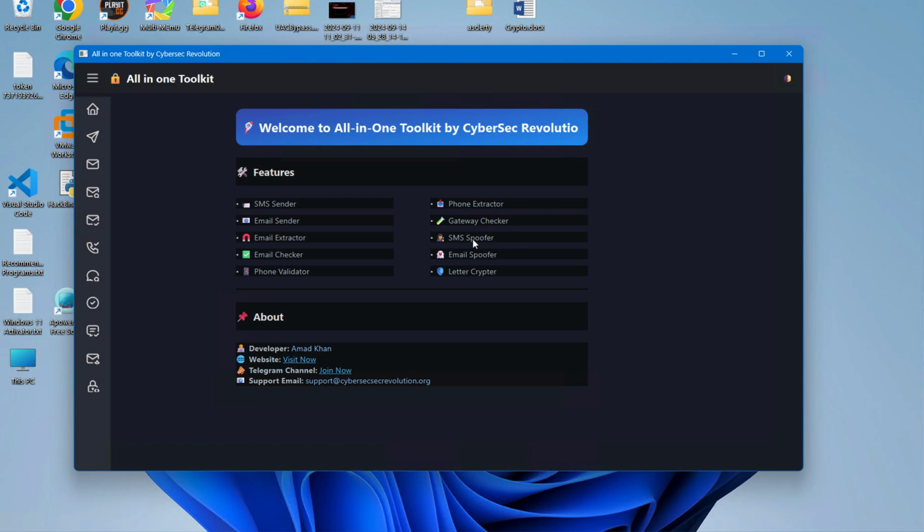It has an SMS spoofer, which is very cool. You can spoof SMS. You can send SMS from any name or phone number. It has an email spoofer. It can spoof email for you. It has a letter encryptor. It can encrypt your HTML letter. I am the developer of this tool, and I am still working on it. Once it is complete, I will release it on my official